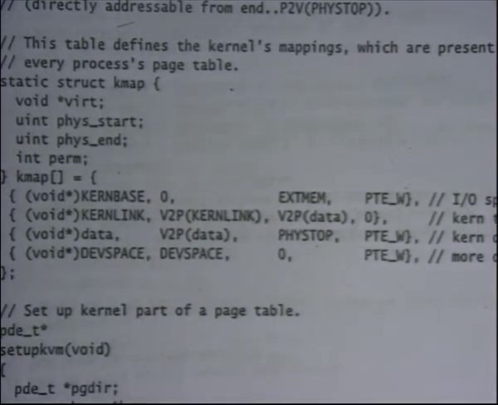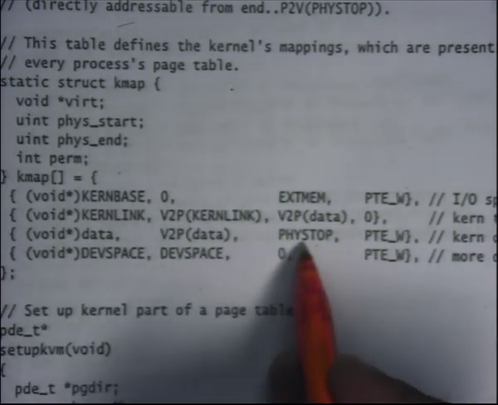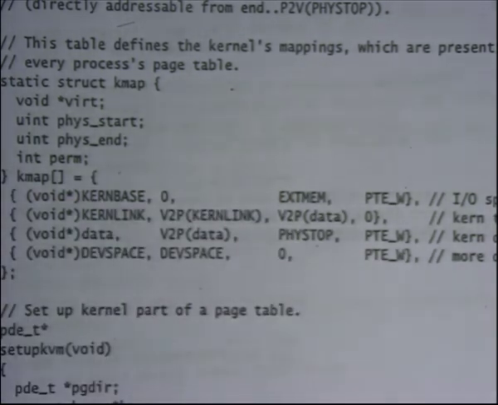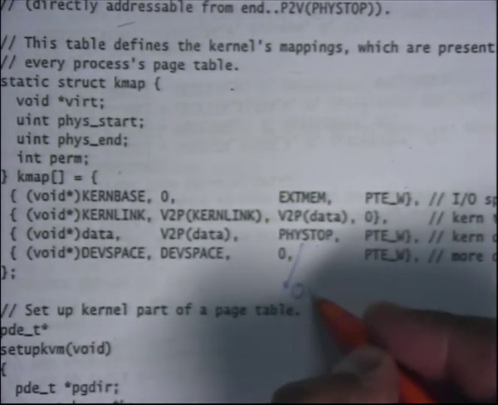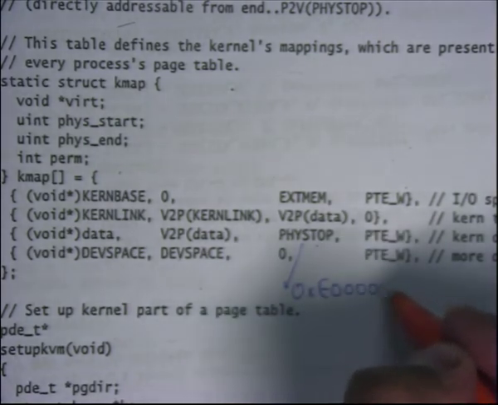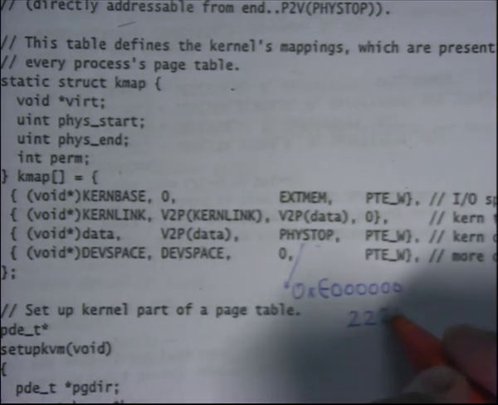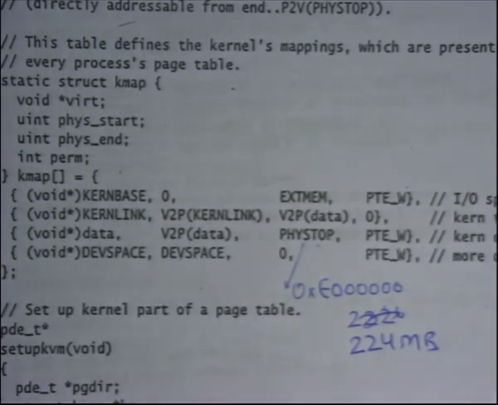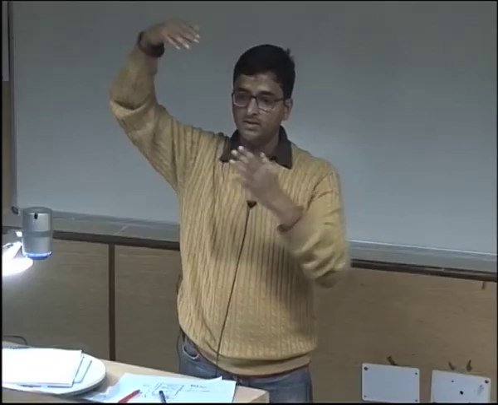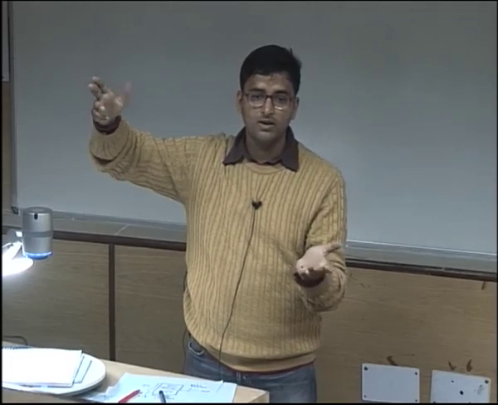So phystop marks the end of it. Phystop is just a constant defined in the kernel, which basically says what's the maximum size of physical memory that x86 supports. It's set to hexadecimal E and 6 zeros, which is 224 MB. So irrespective of the size of the physical memory, it maps data to phystop identically.